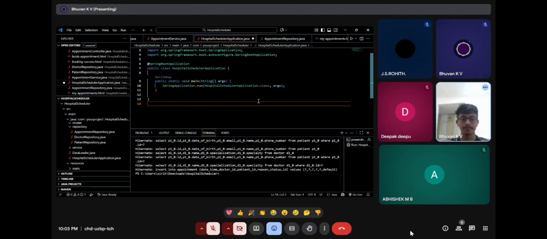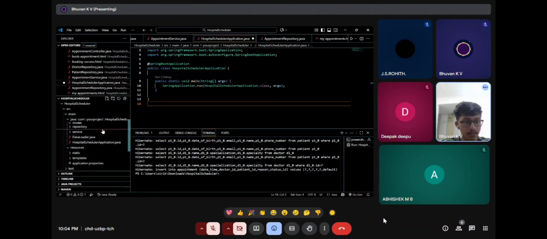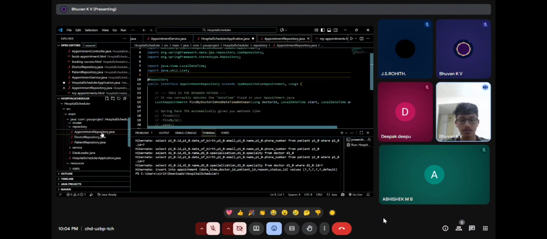Thank you, Abhishek. Now, let me make you understand what exactly abstraction is. It means hiding the complex implementation details and showing only the necessary functions. In our project, there are two powerful layers of abstraction. The first layer is the repository, the database abstraction. Let me show you in this